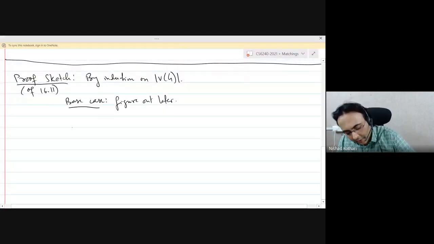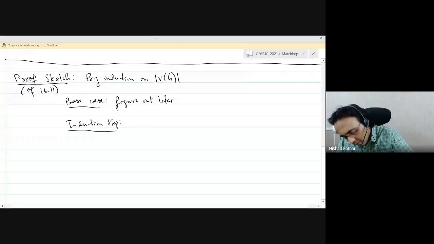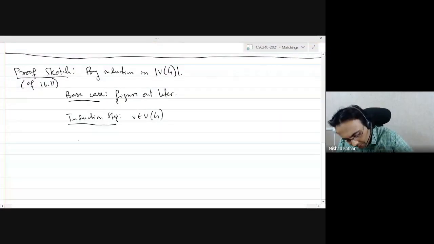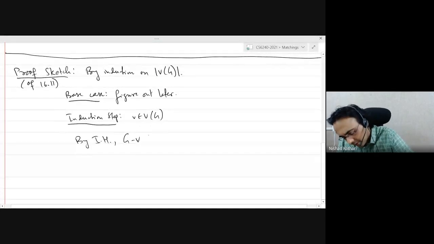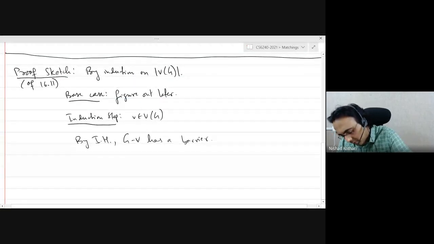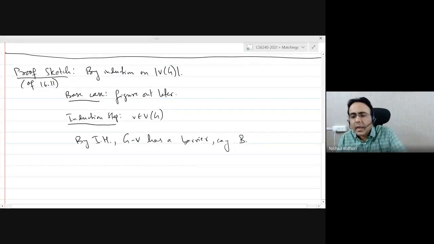What we are going to do in the induction step is take a certain vertex. Now, by the induction hypothesis, the graph after deleting this vertex has a barrier, say B. We will argue this won't always work; we will discuss when it works and when it does not.